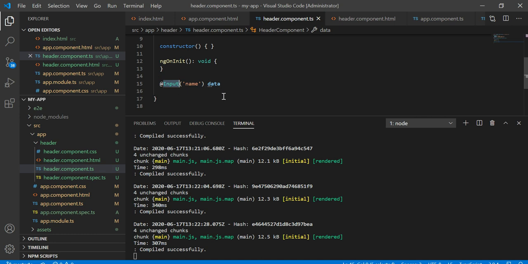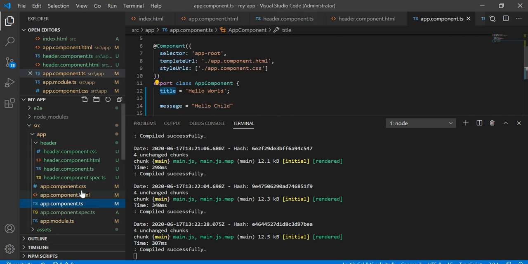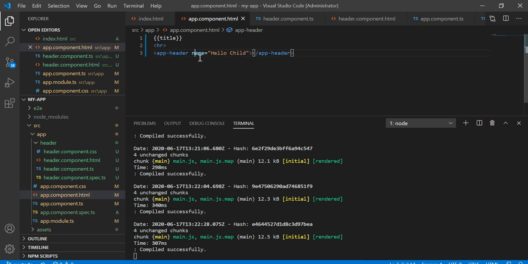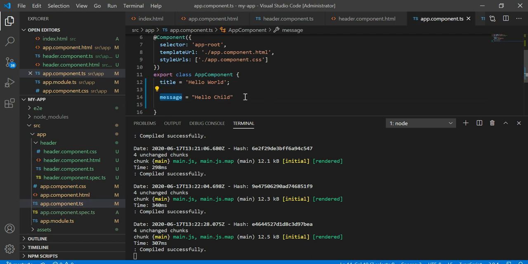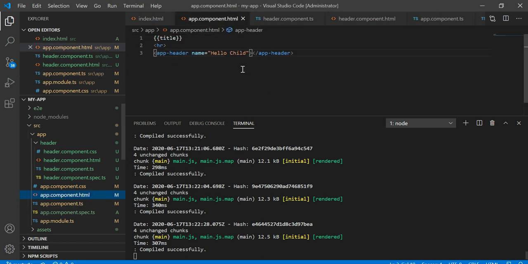Basically it is an input decorator, and we have taken it against this name variable that is passed from this app component, right? So this is a static message. Similarly, you can directly send some variable value, right? Let's say we have this message variable and it holds the same value, and if I want to send it instead of the static message, then I can directly replace it using this message.